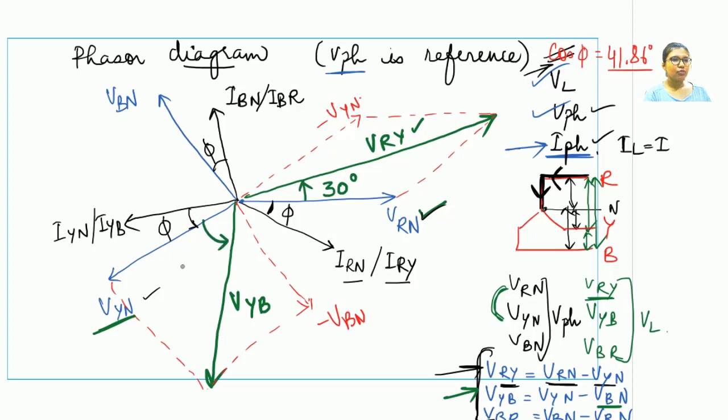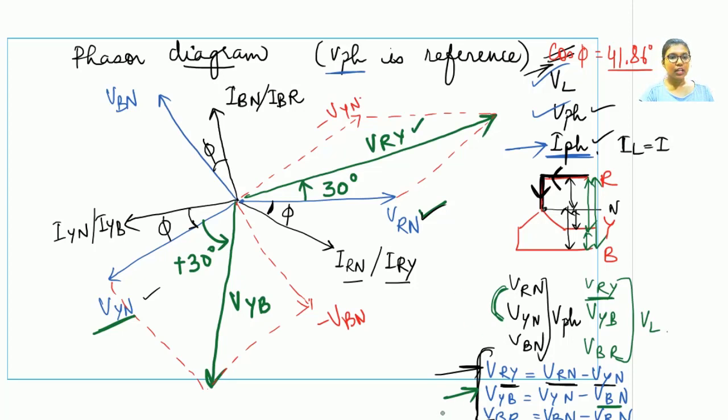Drawing an angle from the phase voltage to the line voltage, it is going in anti-clockwise direction, and there is a phase lead of plus 30 degrees. I must remind you here something. You have to draw these phasor diagrams using pencil and scale. No freehand drawing is allowed for drawing the phasor diagrams.